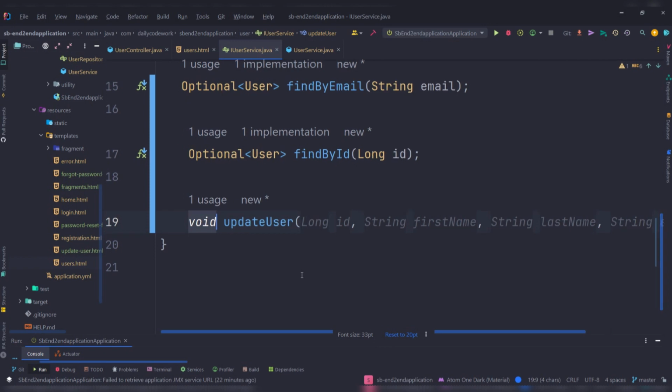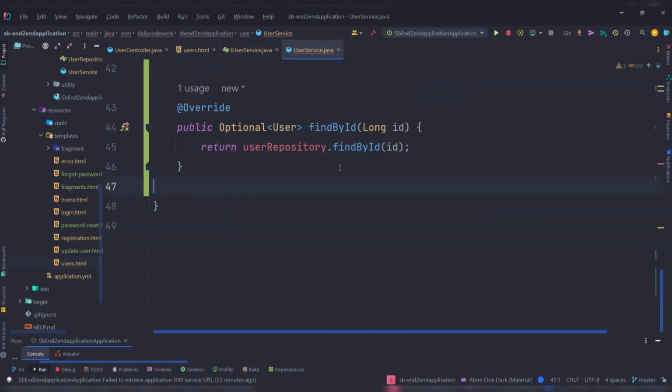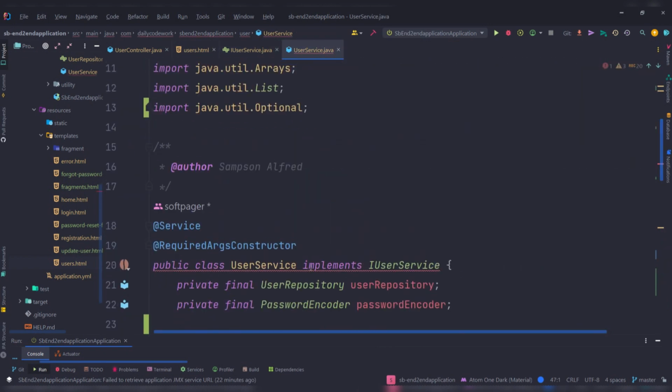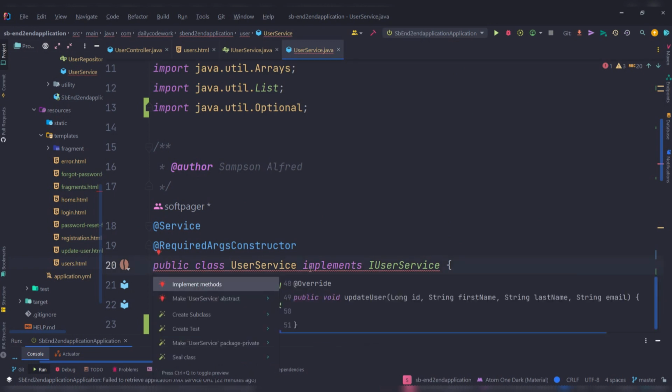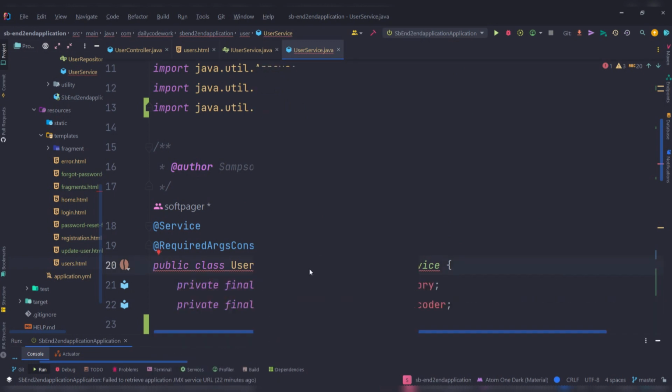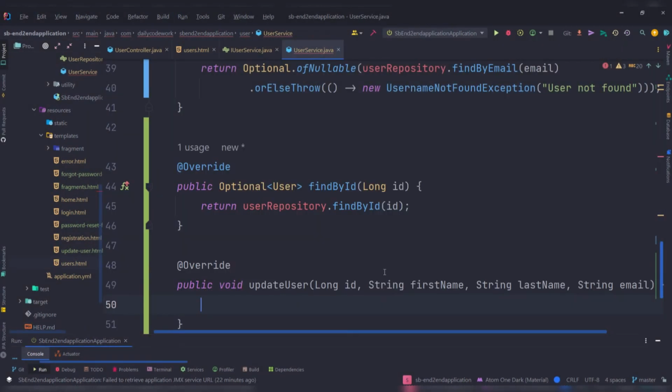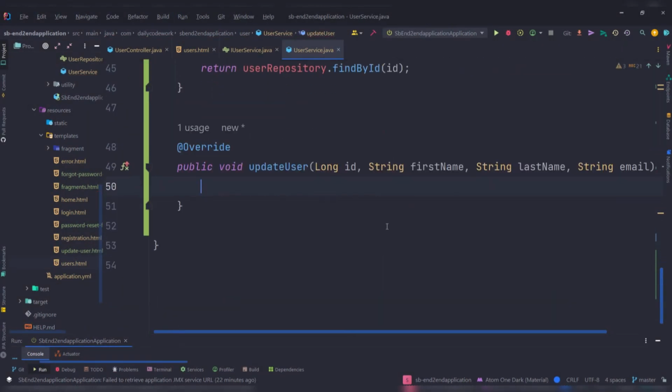Okay, it's gone here. So let's go to the implementer to actually implement this. I'm just going to hit Alt Enter, and okay again, and get the method here. What we're just going to do here is create a new user, to actually save the user to the database, right? So let's move to a new line, and now we're just going to call the user repository